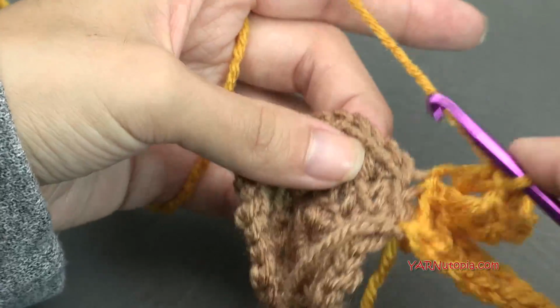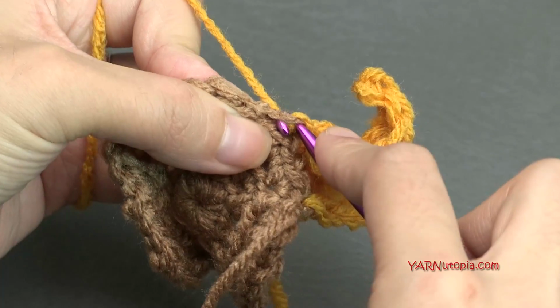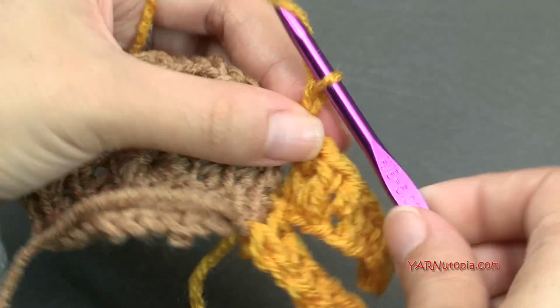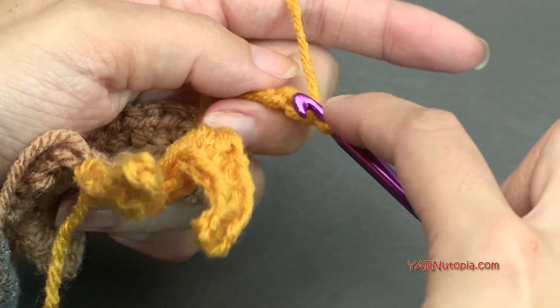Okay, then we're going to skip this next stitch right here. We're going to go into the back loop of this next stitch here and make a slip stitch. So yarn over and pull through and through. All right, and we're just going to repeat. So chain 8, 1, 2, 3, 4, 5, 6, 7, and 8, and then just make the series of stitches